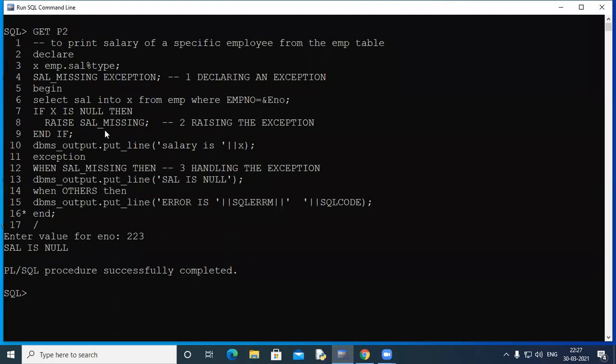X has a null value, nothing is fetched into it. So if X is null, it will raise sal_missing, it will jump to this exception section, and then it will match with this sal_missing and display the message salary is null. So this is how you can work with your own exceptions.